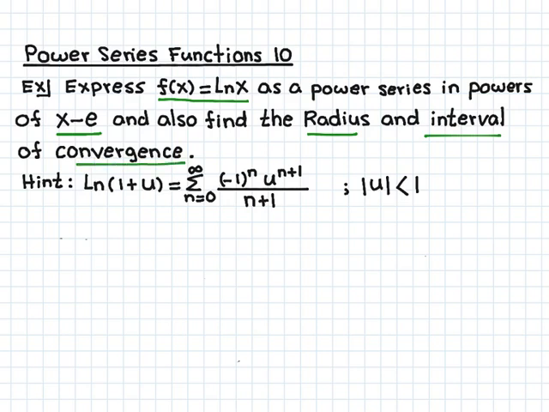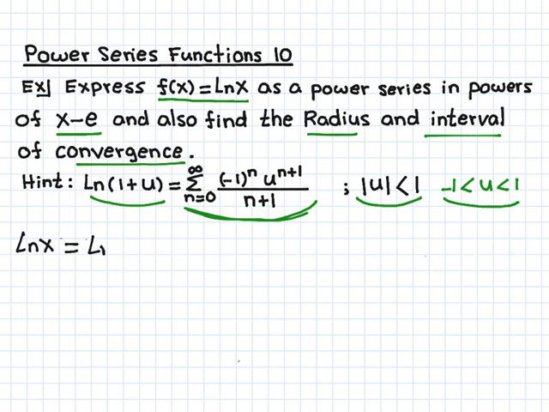We're given this hint that a function log of 1 plus u can be represented by the power series summation n equals 0 to infinity, negative 1 to the power of n, times u to the power of n plus 1 divided by n plus 1. And the interval of convergence is absolute value of u less than 1. That means u is less than 1, larger than negative 1. This means that for these values of u, the function log of 1 plus u can be represented by this power series. All right, let's start by writing log x